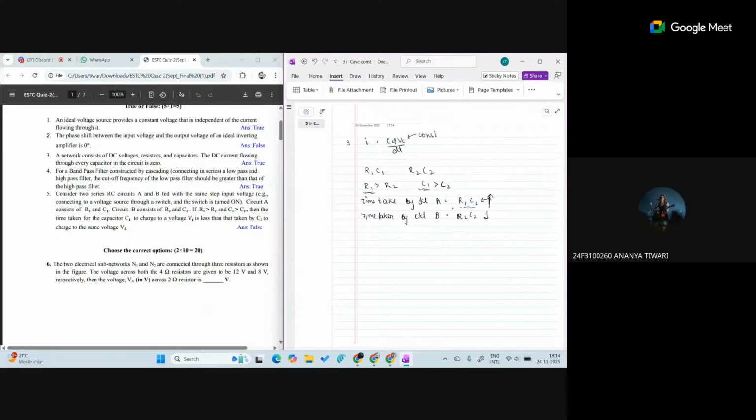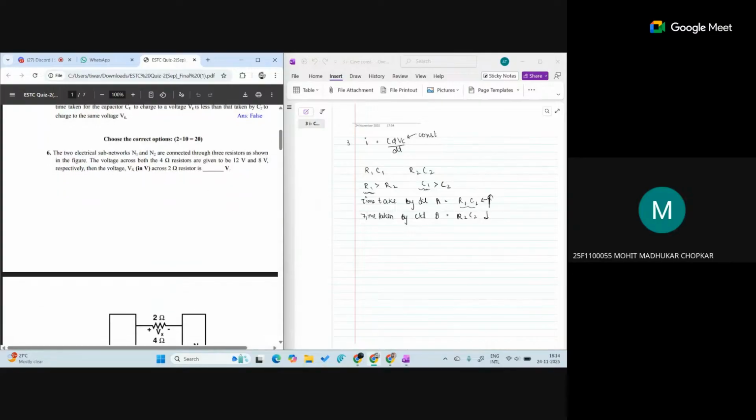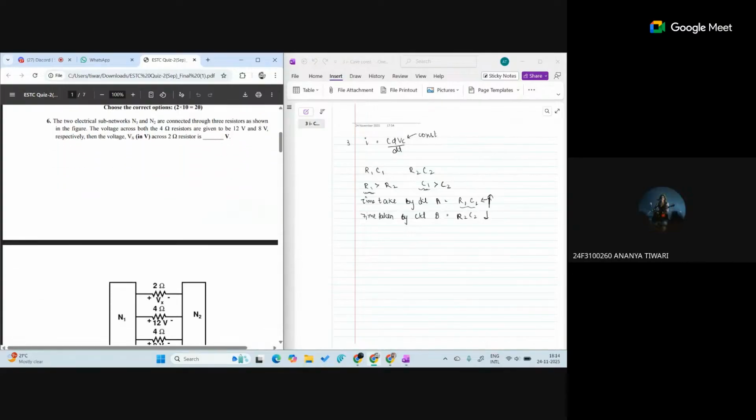So which circuit would take time more? First A. Yes, because RC would turn out to be a larger number because R1 is higher and C1 is higher also. And in this question, it is given that circuit A is taking less time and B is taking more. So this would be false. Is it clear? Yes. Okay, so for the sixth question,